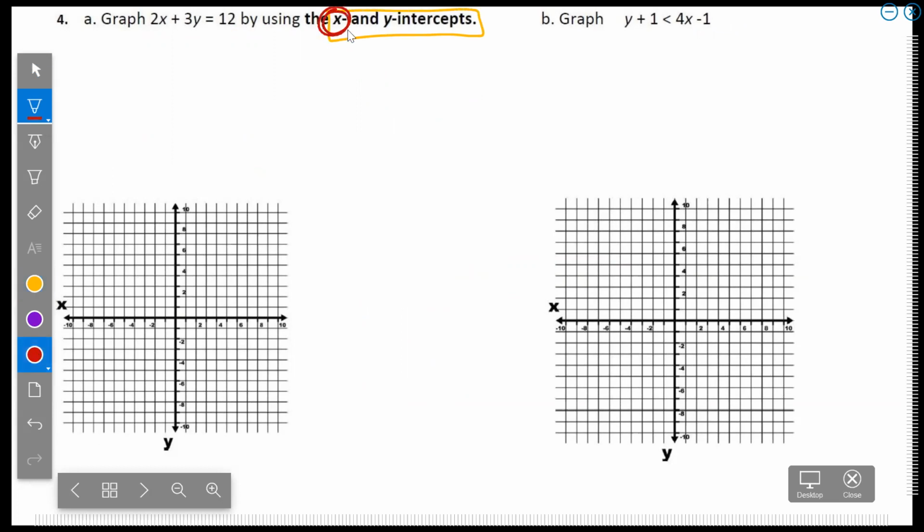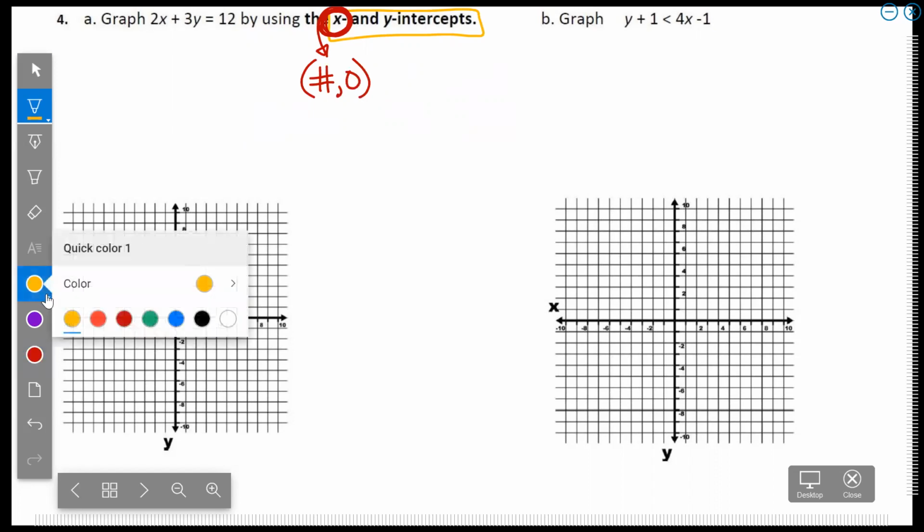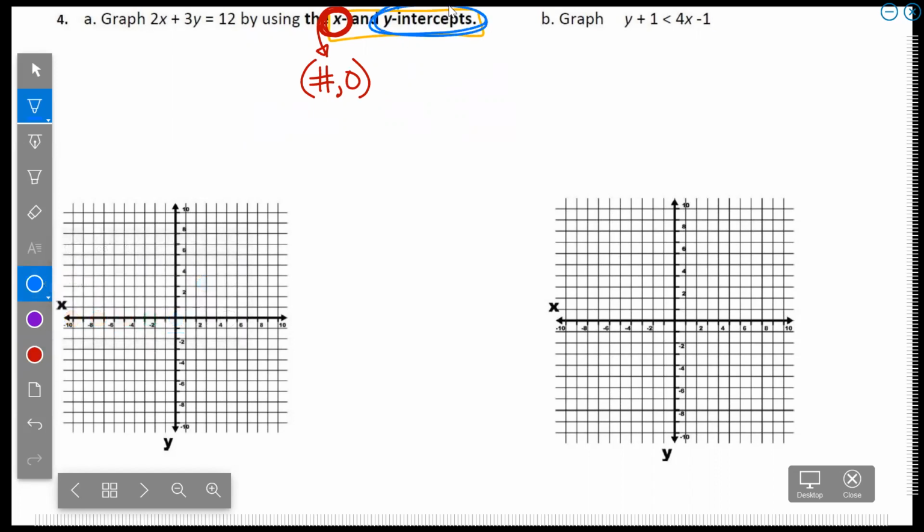To do the x-intercepts, well, I know an x-intercept always looks like this. It has a number in the x spot, and it has a 0 in the y spot, always. A y-intercept, it's switched around the other way. The 0 is in the x spot, and it's going to have a number where y belongs. So the way I find them with my equation for the x-intercept,